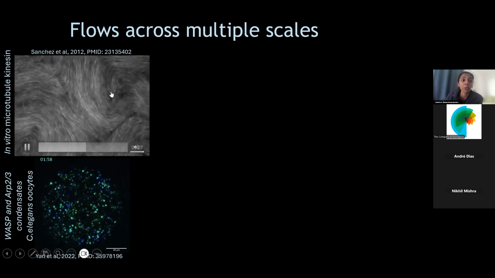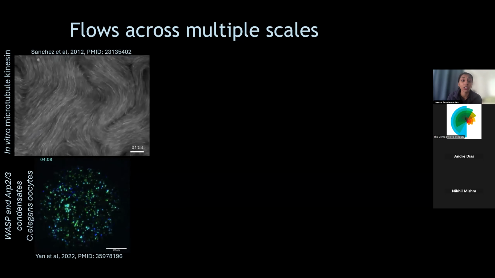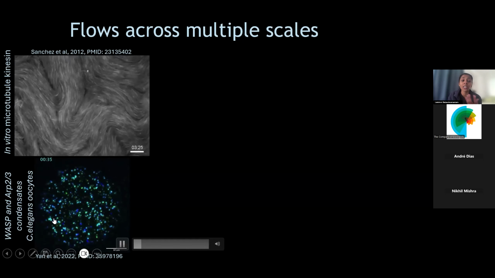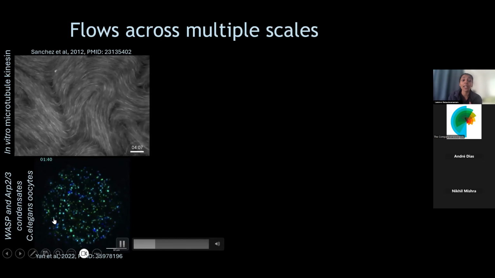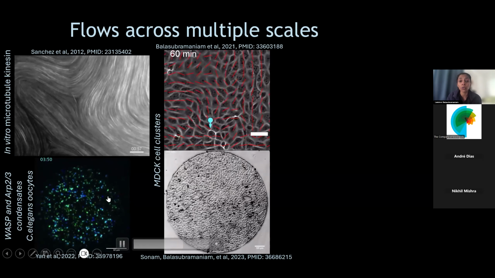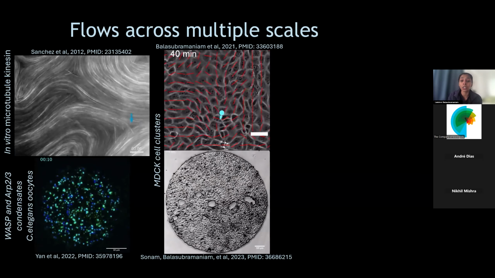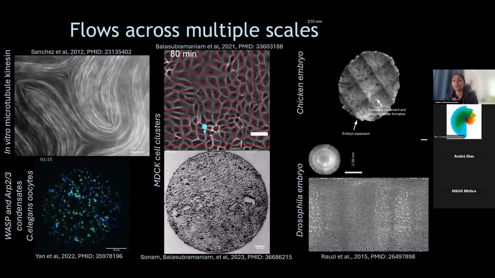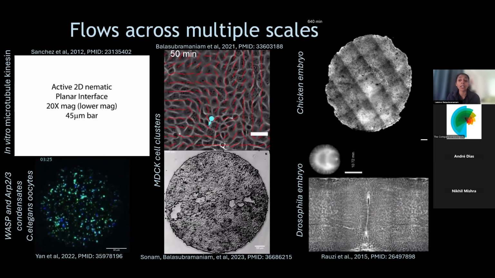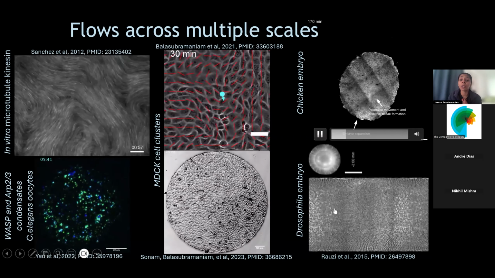One, on top, you have flows between different proteins in an in vitro reconstituted system, whereas you could have similar sorts of flows of proteins inside a developing C. elegans oocyte at the same time. And similarly, you could have these tissue flows which emerge in a cell culture context in response to mechanical cues. But similarly, in an embryological context, you can also have these flows specifically during early development. So these are just two examples where you have flows in a developing chick embryo, and at the bottom, you